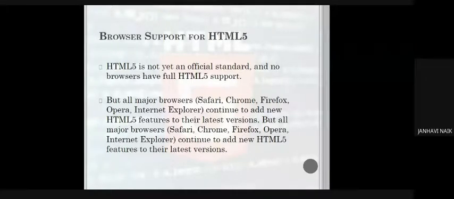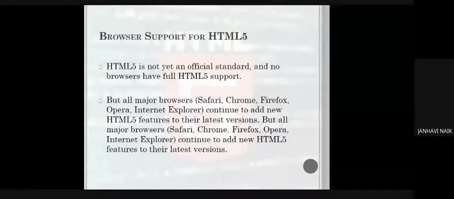Some properties which are new, which are of HTML5, may not work when you run the program. Why? Because it is not supported. So it is not that the entire program will not work. It will work because some are HTML properties itself. Only some new features which are added may not work when you run the program.